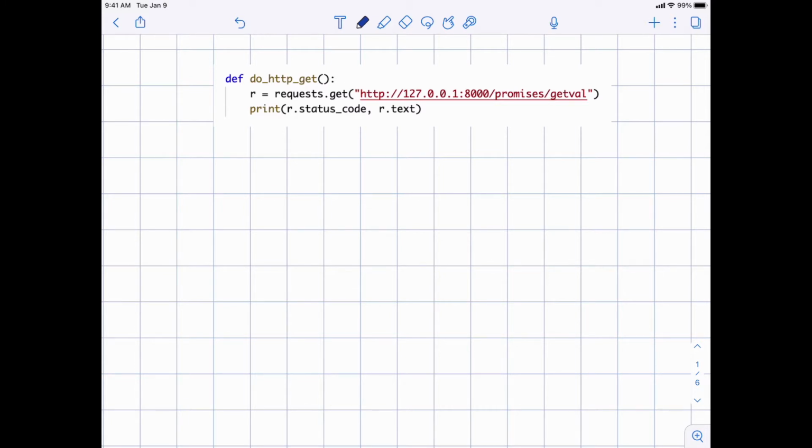This function does an HTTP call. Let me call the various steps 1 when we enter the function, 2 when we do the call, and 3 when we print the result. So what happens roughly in Python is something like this. We enter the function, we execute the call, and this is a network call in general. Well, here it's to localhost, but it could be to an external service. So these network calls take a little bit of time, just like reading from files or doing many other things can take time. So here we have to wait for the result.